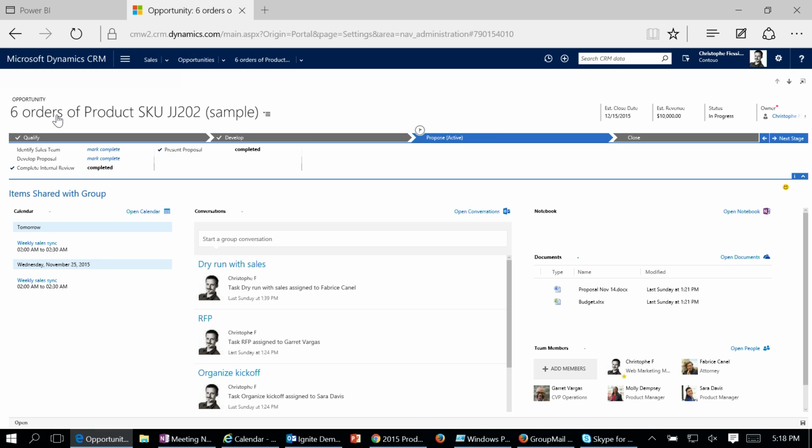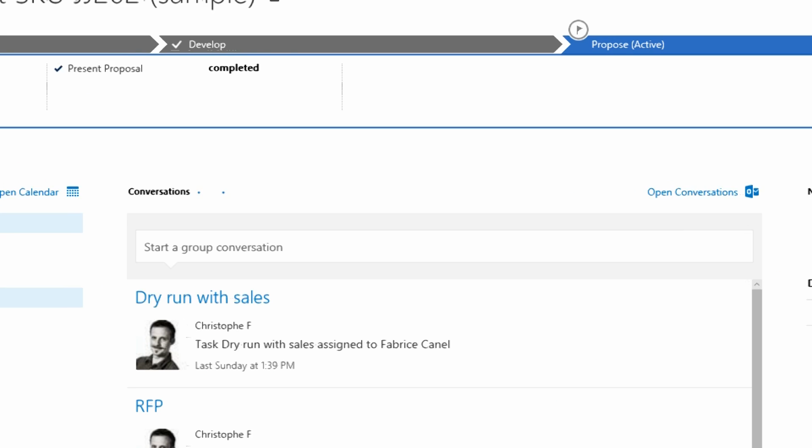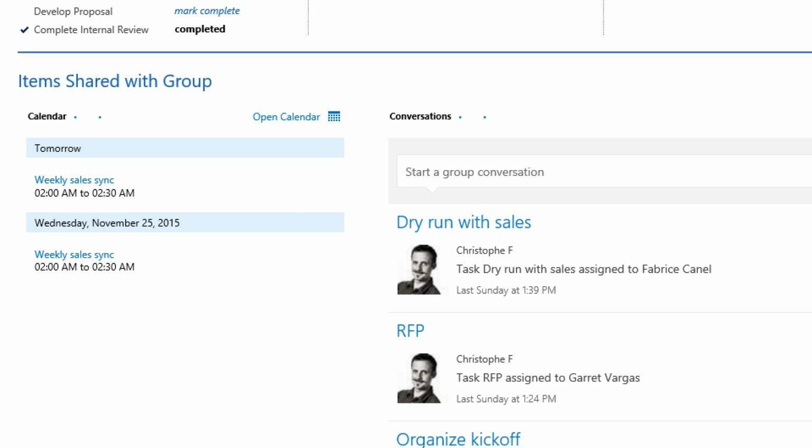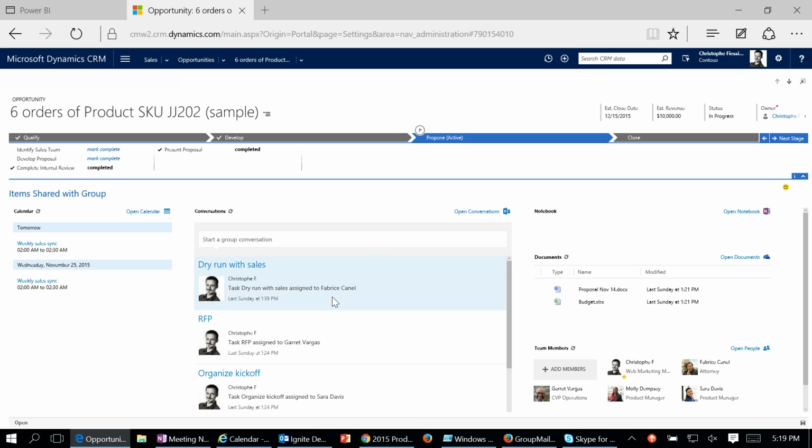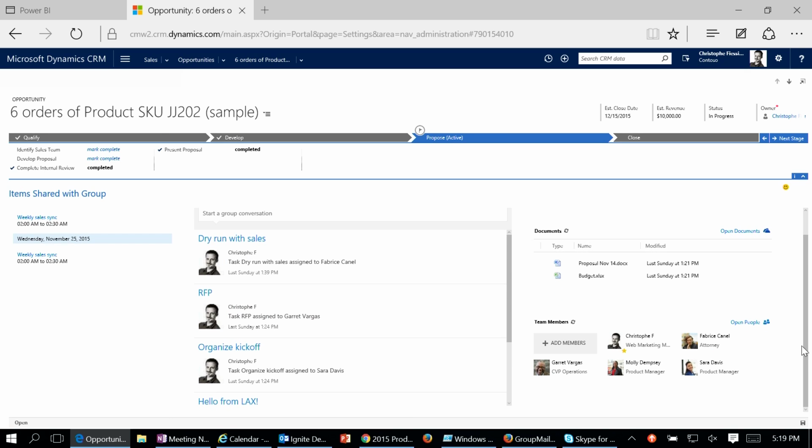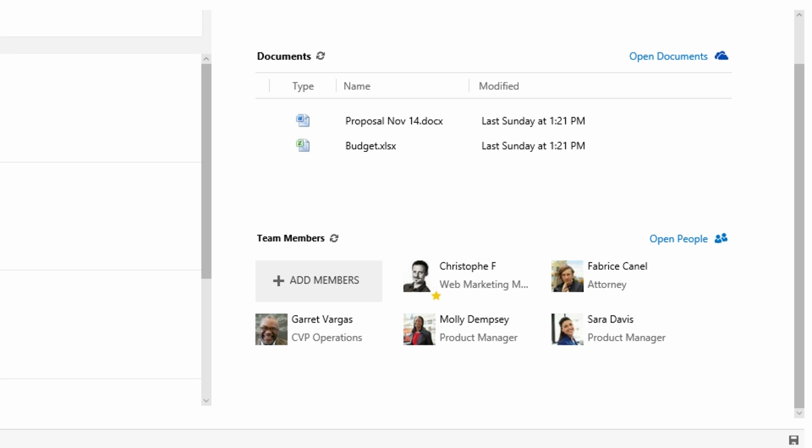And again, in this case, that opportunity is managed in Dynamics CRM, but because I mapped this opportunity to an Office 365 group, I get the shared calendar with the recurring weekly sales meeting. I get conversations, I get shared files, I get a shared notebook for that team. And last but not least, typically what people love about this is, typically when you get a line